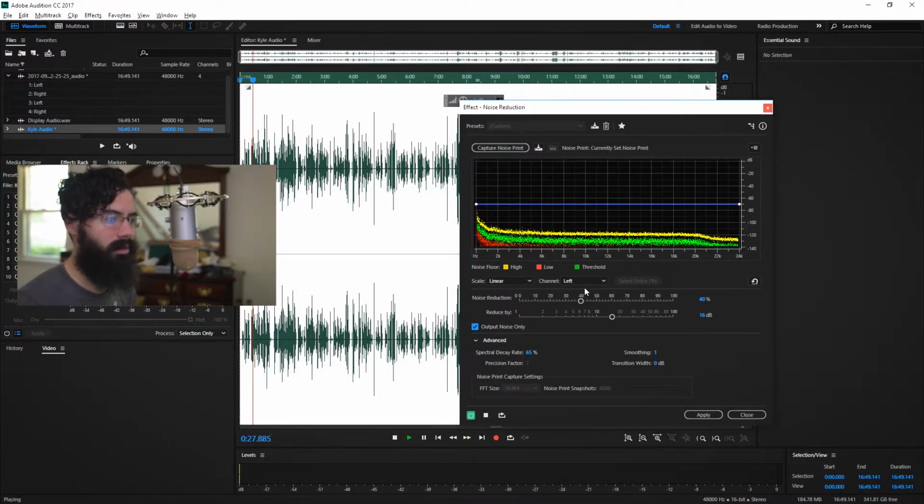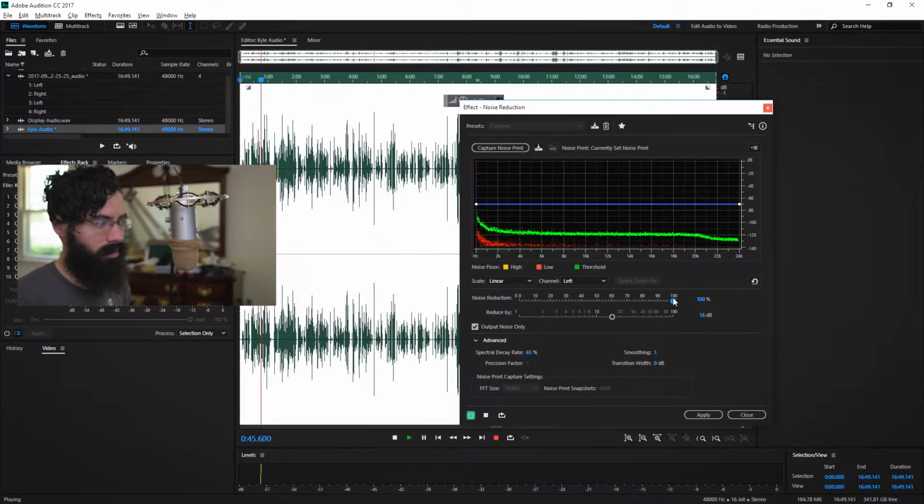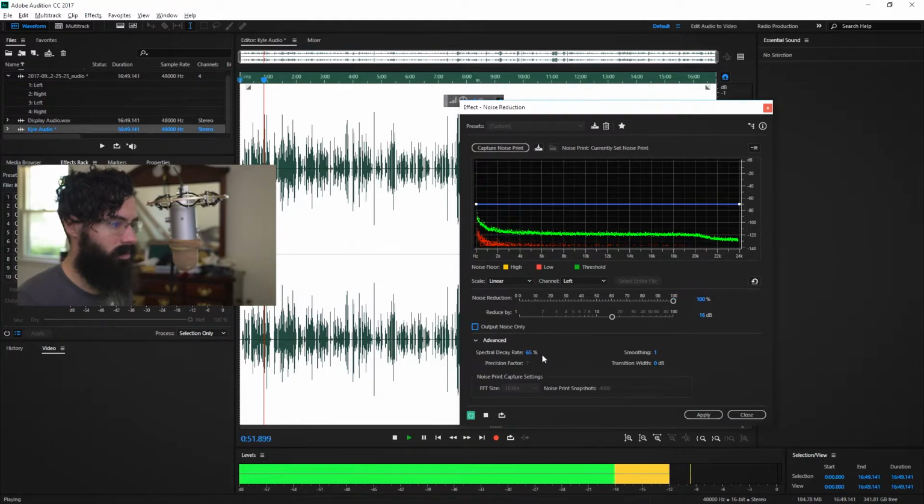Might just mean that the noise floor is very low. If I put this up all the way, yeah, I'm getting something every now and again, but I really don't hear it. My room is really quiet right now, which is totally different to my old setup. I'll have to turn my computer on and show you what that sounds like. So I'm very happy with that.